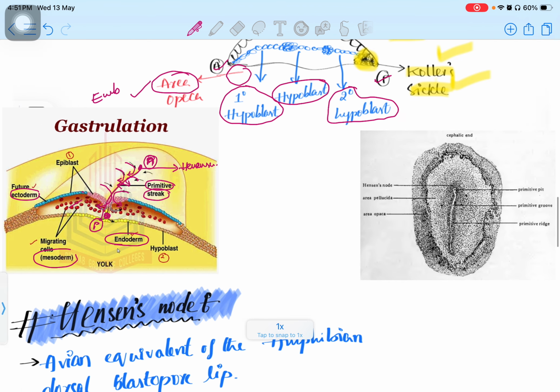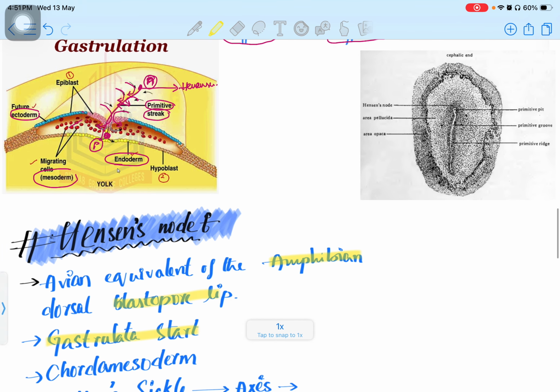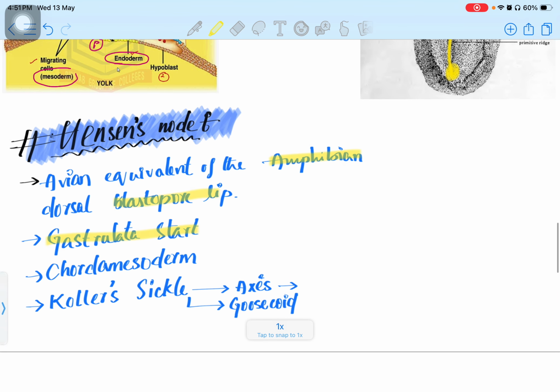This Hensen node is responsible for gastrulation, and it is the same as the blastopore present in the amphibian. You can see here the primitive streak will form and the Hensen node is formed here. From here it will move towards the anterior side. And chordomesoderm is nothing but mesoderm cells that will form and then be converted into the notochord. The collar sickle will form the axis, and the gooseco